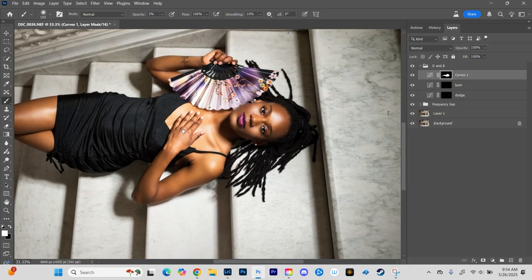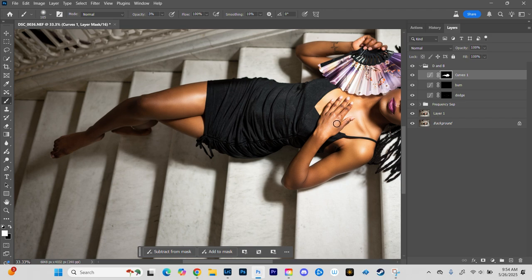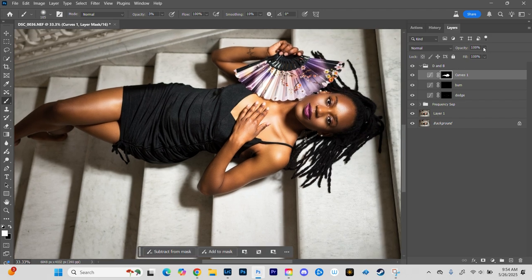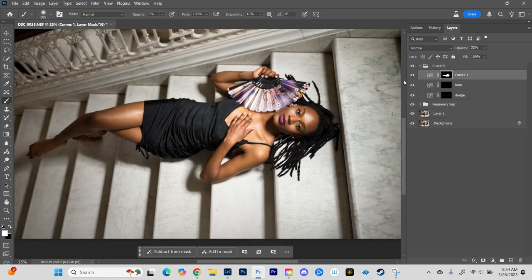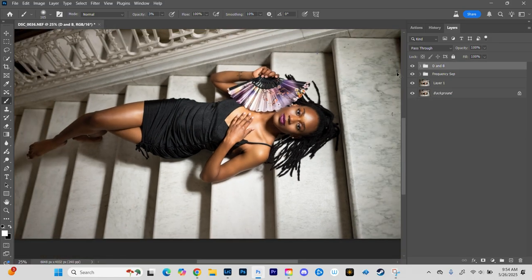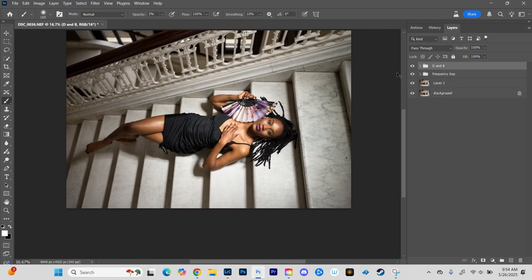And I actually want to have some adjustment because I happen to like the depth of her skin with that curve adjustment, but I still think it's too strong. So I'm going to pull back some. I'm going to pull back, and I'm watching, and I think 32% is good. Yeah, it added some depth, but it's not crazy. I'm going to leave it right there. Okay? Now, it's a good image, but I'm not finished